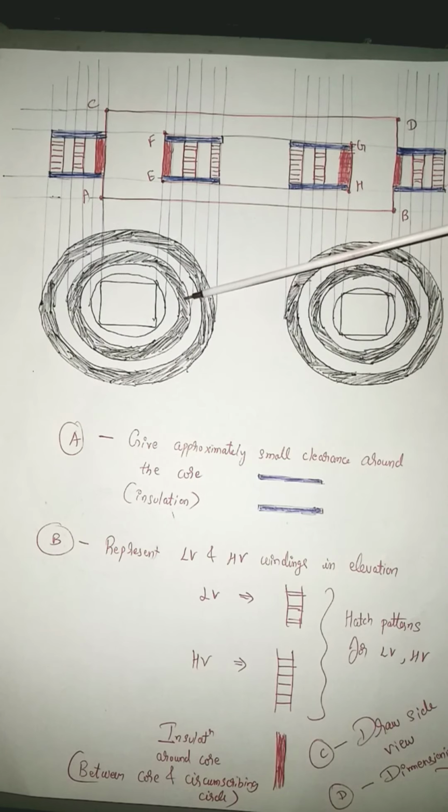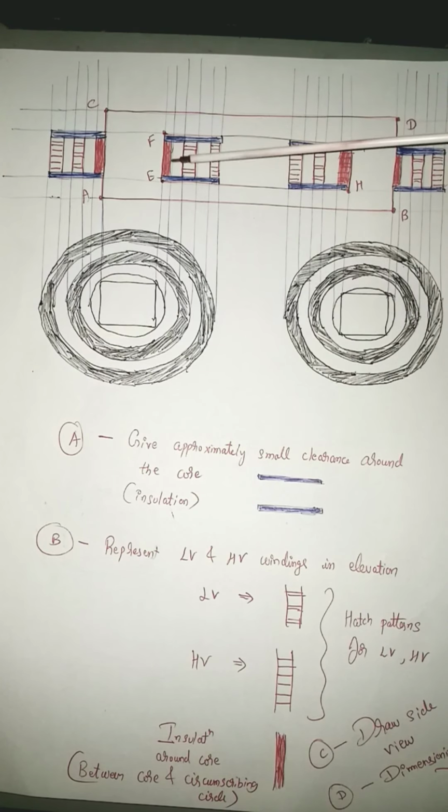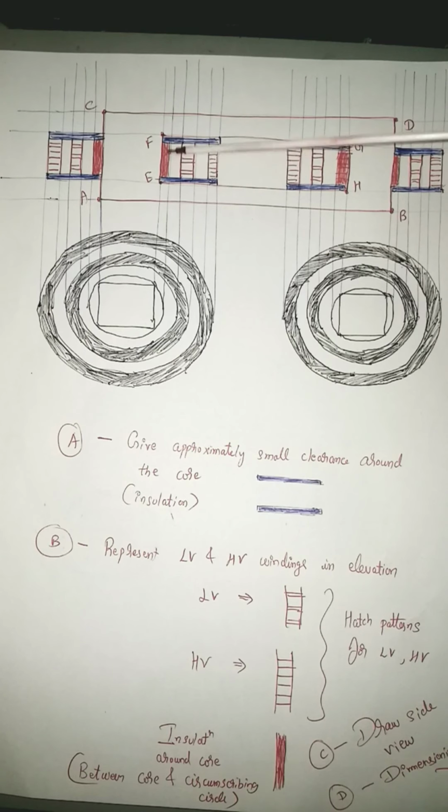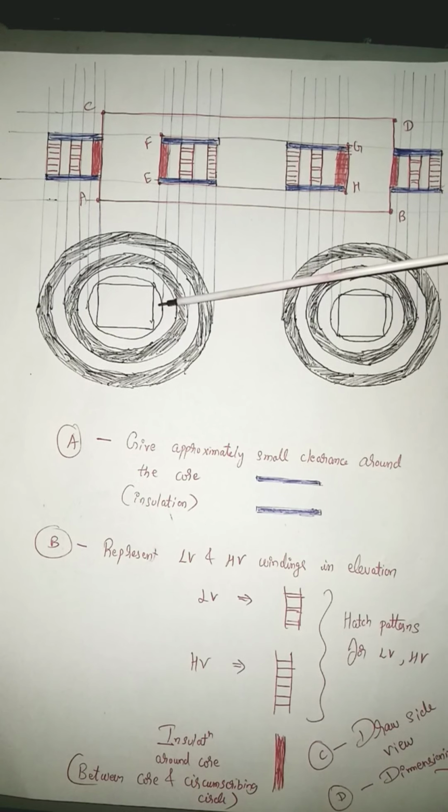We know that this portion is LV, represent that as a dark band. Similarly, I have this portion as HV, draw a dark line over the construction line to represent this band. In order to differentiate between LV and HV, use two different patterns. This pattern I have used for the LV winding, this pattern for the HV winding. Repeat the same on the other side. And here you can see this portion, whatever is being hatched, is nothing but the space between our core and the circumscribing circle. Again, that is a part of the insulation itself. You can represent that using some other hatch pattern, as you can see here.